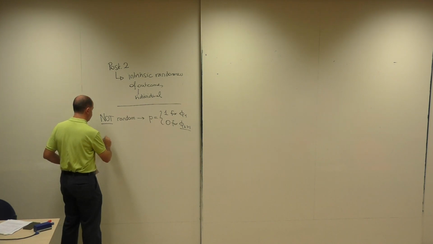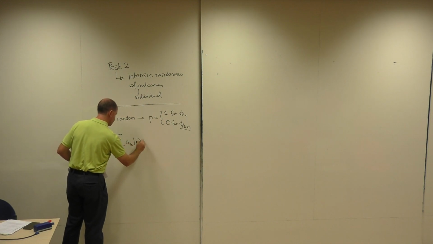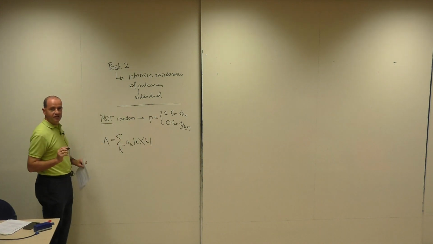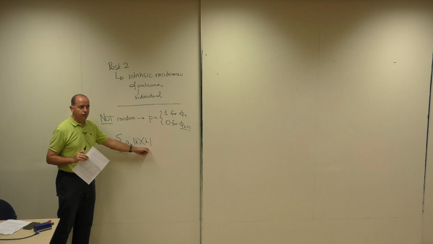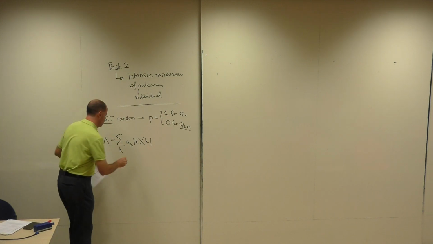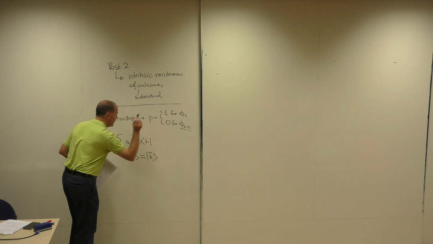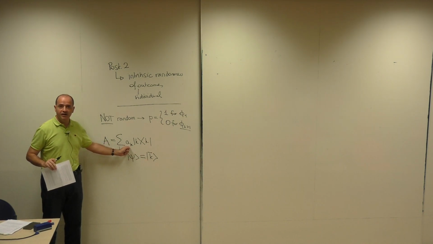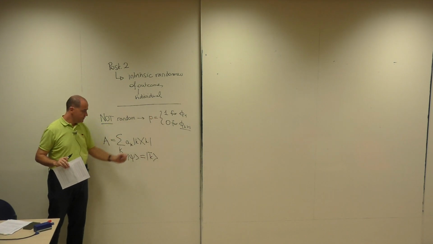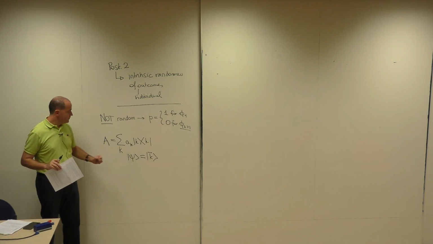Now, if I write again my observable, when is the result not going to be random? Well, when my input state, psi, is one of the eigenvectors, k bar. In that case, I will get a k bar. If k bar is equal to 1, I am in this case, right? So the probability of finding a1 would be 1, and the probability of finding any of the other a's would be 0.